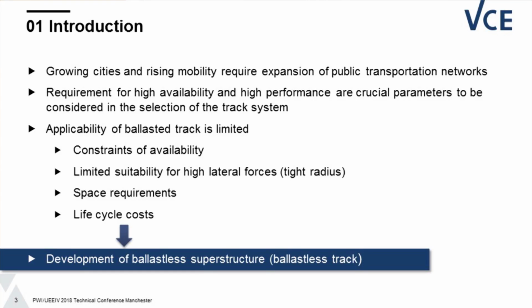Why ballastless track system and why urban transportation track systems? In the last 20, 30 years, we find a renaissance of public transportation in cities. In the 1950s and 1960s, there was the strategy to allow the cities to be served by individual vehicles, with motor cars. And then the number of cars increased very quickly and showed that this concept has no future. Therefore, now many cities install public transportation systems.